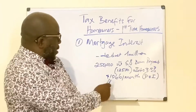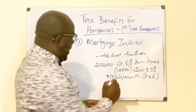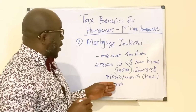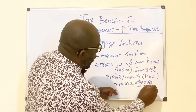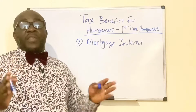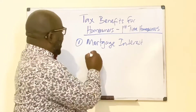When you pay $1,066 a month, about 750 of that goes towards your interest. You're looking at 9,000 a year. At the end of the year, your mortgage servicer or your mortgage company will send you a Form 1098